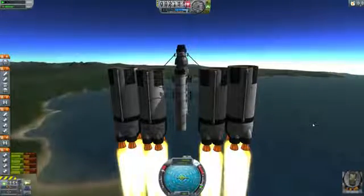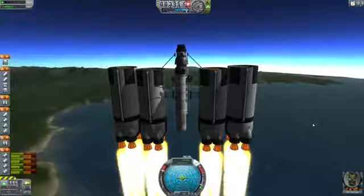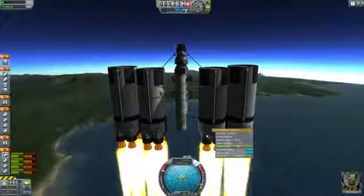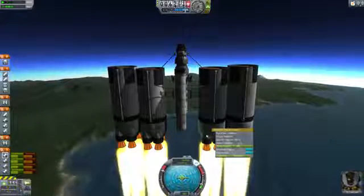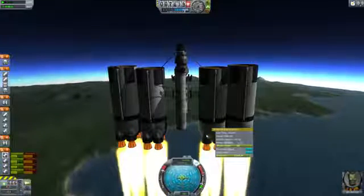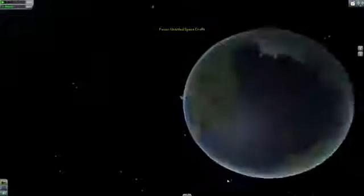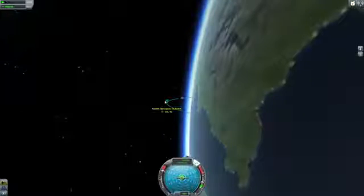Oh yes, 128 million newtons of thrust. Or wait, sorry, it's not 128. Yeah, no, 32. Yep, that's pretty good. 12,800 kilonewtons, or 12.8 meganewtons. These are nice big numbers. I get it. Okay, I'm just wondering if my vertical speed is...